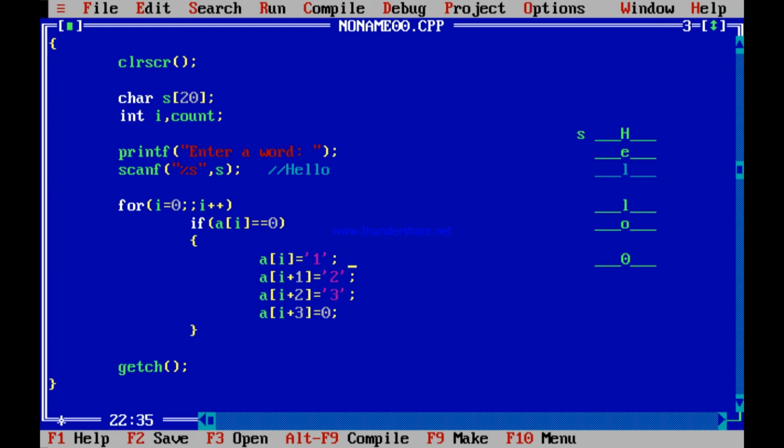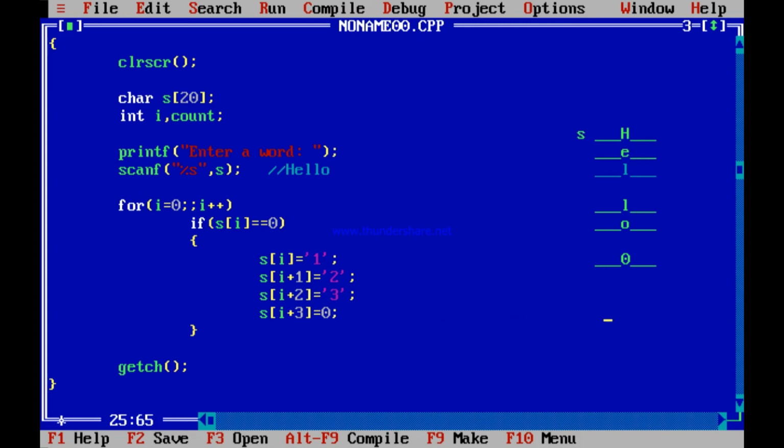See, when you reach this, when s[i] is equal to 0, then what you do is you write s[i] equal to 1. See, when a[i], or not a[i], sorry, it's s[i]. The whole thing is written as s. This is my mistake. It's not a, it is s. So you replace this by s. Sorry, the string has been declared not as a, but as s.